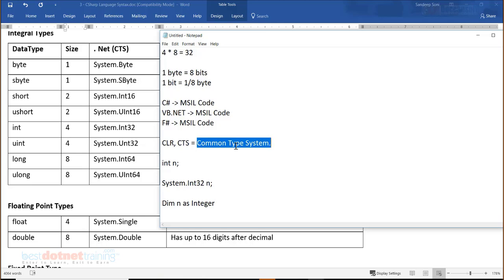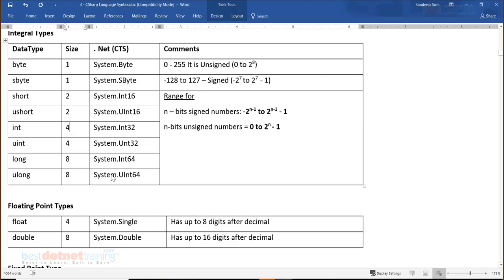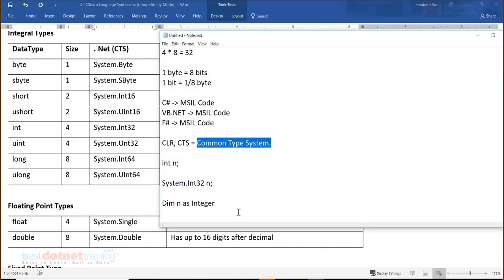That's the beauty here. But still you see data types in the language which are nothing but aliases. So one very important point: for every data type, you should know the size. For every data type of the language, you should know what the corresponding .NET data type, the common type system data type, is.